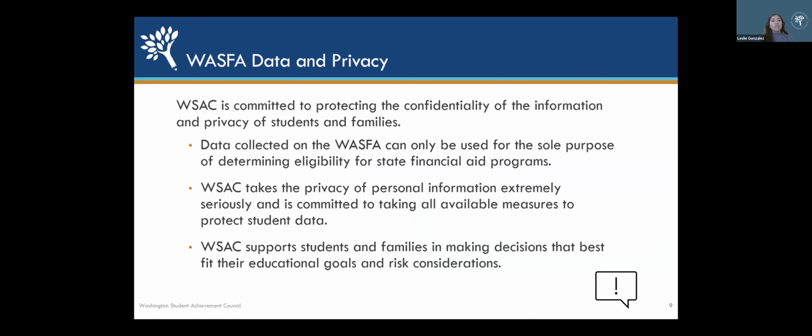And so I did want to talk about WASFA data and privacy. We do understand that there can be apprehension when it comes to providing information that is required on the WASFA application. And so, WASAC is committed to protecting the confidentiality of the information and privacy of students and their families. The data that's collected on the WASFA can only be used for the sole purpose of determining eligibility for